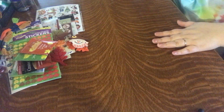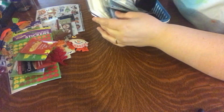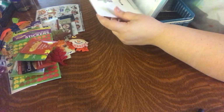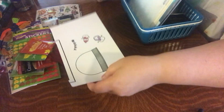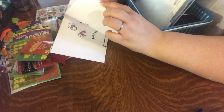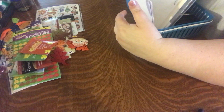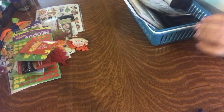Okay, so I think that I'm pretty much done. Just a couple of projects to show off. I'm still working on my Lawn Fawn Snow Globe cards. I haven't really gotten any further than the last time I showed them off. I'm not even sure I colored them. I haven't die cut them yet. These are, I stamped them on scraps from another project and colored them. That's as far as I've gotten, and I'm probably not going to get too much farther on that today because